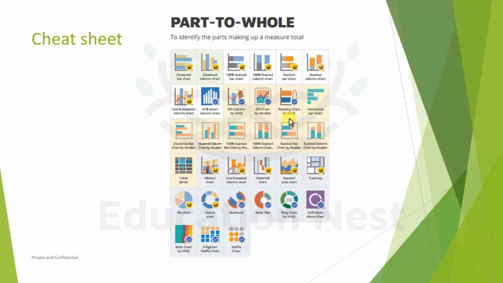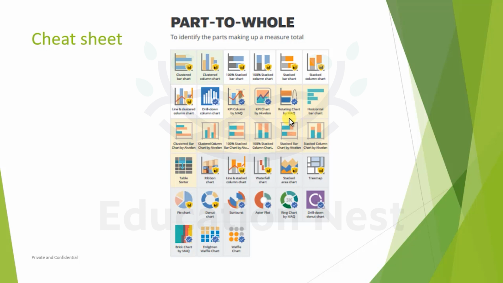Horizontal bar chart, then there is a clustered bar chart by Equilion, and Equilion has a lot of charts which are similar in many senses to the default charts provided by Power BI Desktop. Then there is a table sorter chart, then there's a pie chart. So a typical part to whole would have a pie chart, a donut chart, a sunburst, a ring chart, which